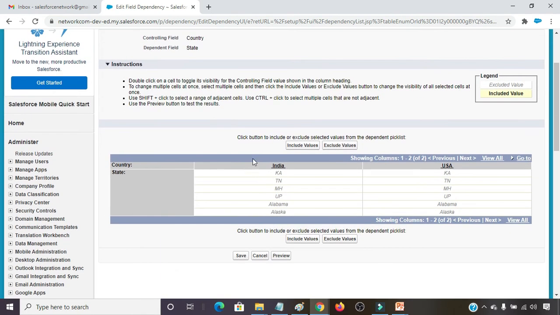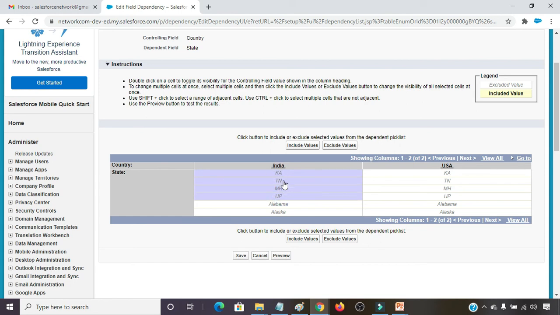Here, the values we had given while creating the pick list are all coming over here. So for India, which values do I have to take? That is Karnataka, Telangana. By holding the control button, you can select more than one.